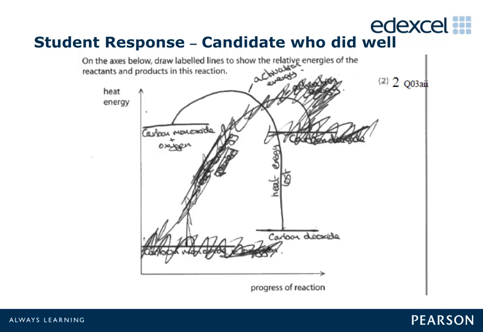This candidate chose to use the names of the reactants and products. Again, this was awarded 2 marks. I just need to point out here that activation energy is not on this specification, and so is not expected to be included in such a diagram. Similarly, the line linking the reactants with the products to represent the change in progress of the reaction is also beyond this specification and not expected.